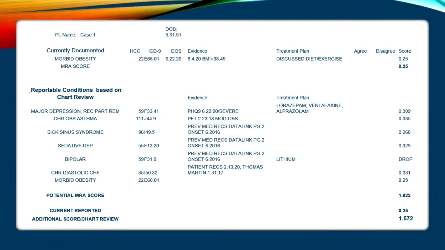Absolutely. Carrie, when you work with an office, what percentage do you increase the MRA score sometimes? It's difficult on an individual level. It's an average of maybe anywhere from a 0.75 on up on an individual patient level. But throughout the years, we've gone from say a 0.9, and within 2 years, they're at a 0.5, 0.6, 0.7 across their board. So we strive to get as much in because in